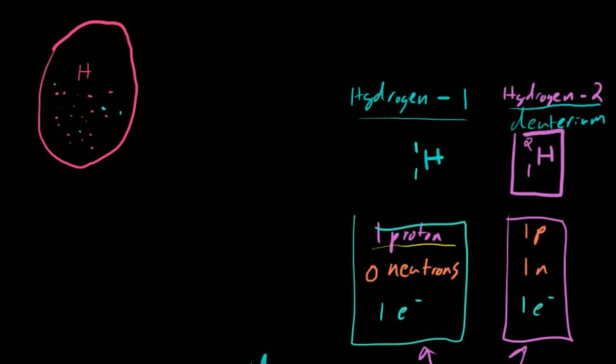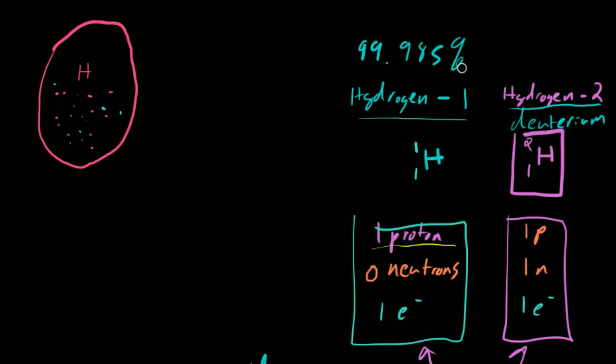And so now you might be wondering, well, what are those percentages exactly? The percent abundance of hydrogen in nature, of hydrogen 1, is going to be 99.985%. That is how 99.985 times out of 100, I guess, that you choose a hydrogen atom in this balloon, it's going to be